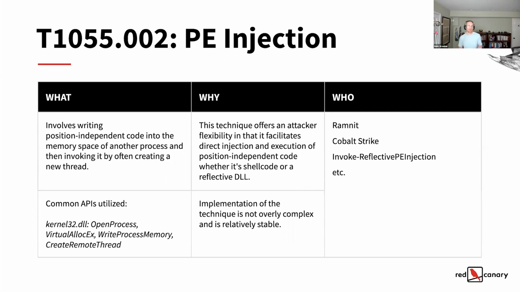So why would an attacker choose PE injection over any of the other injection sub-techniques? To me, if I was to put my attacker hat on, I would say that this technique offers an attacker particular flexibility in that it facilitates direct injection into their target. Now this assumes that you have position-independent code that's going to be executing. And to me, the APIs that are used